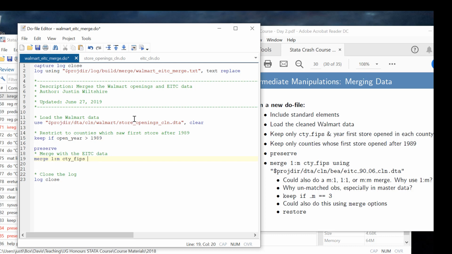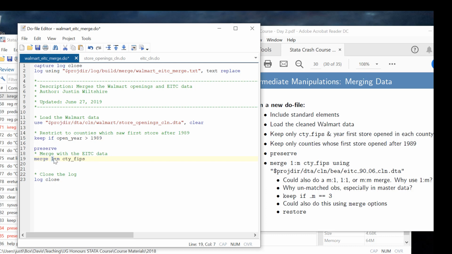In fact, if you try to merge on just one variable and you try to do a one-to-many or a one-to-one or a many-to-one, and that variable does not uniquely identify the data in the data set that you said would have one of these variables, then the data will not merge. So you do need to be careful about this. So it needs to uniquely identify the data in